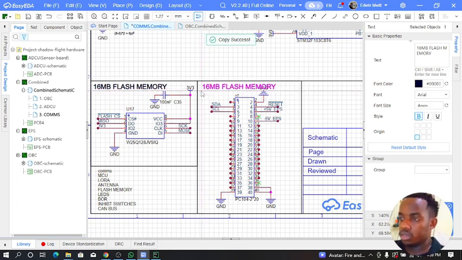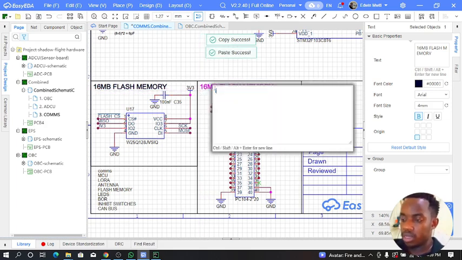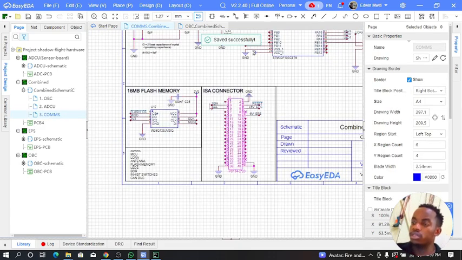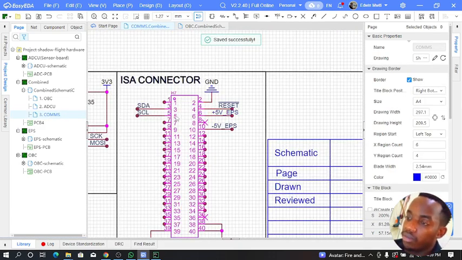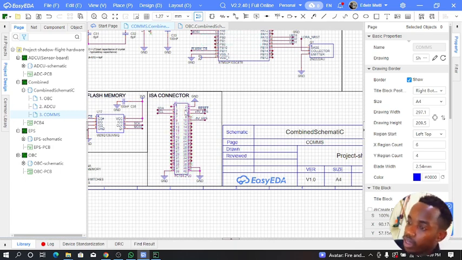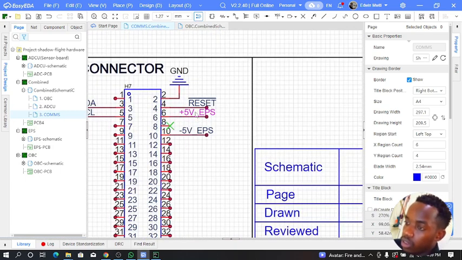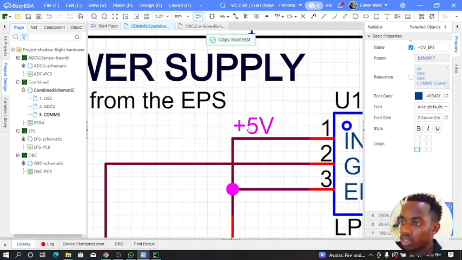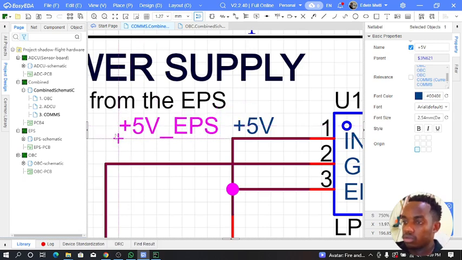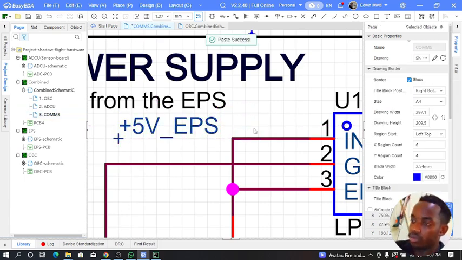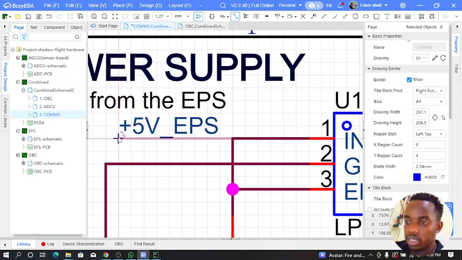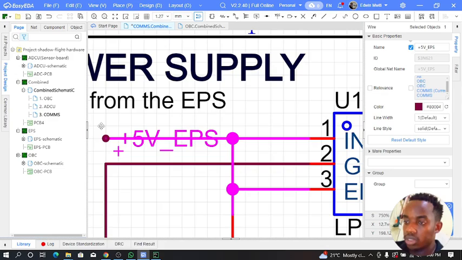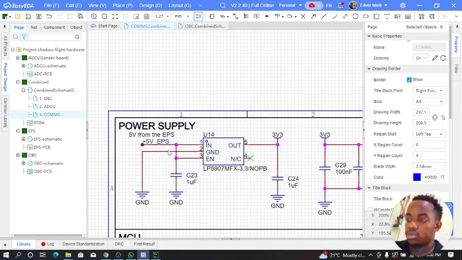Copy paste, and this is the ISA connector. Cool. So what signals do we need to pass from this board to the rest of the other boards, right? So you see this is 5 volts from the EPS. For example, I have to rename this to conform with whatever is being received from the connector, right? Okay, so